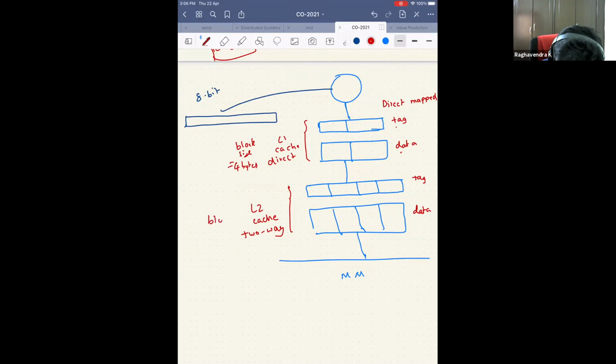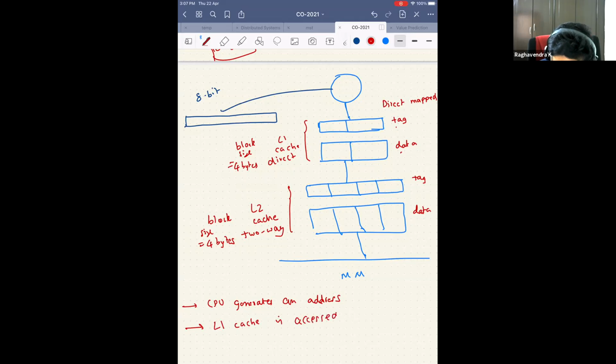The block size of this need not be 4 bytes, but let's say this is also 4 bytes. When the CPU generates an 8-bit address, the first access will be the L1 cache. So L1 cache is accessed.